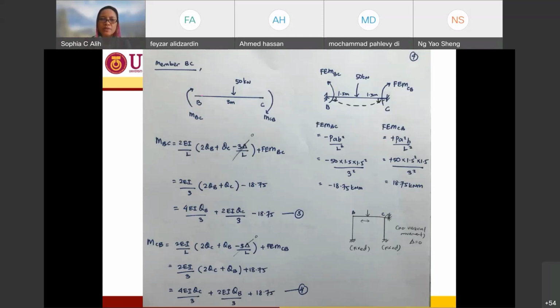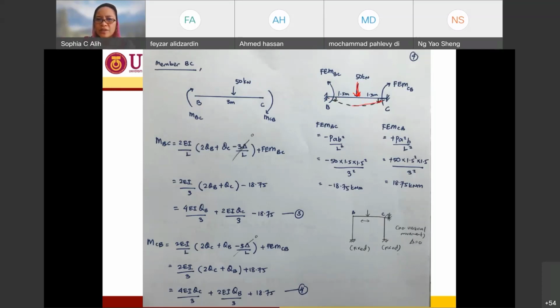moment to be clockwise direction, so I put it to be MBC, and another end moment in the MCB, and first I need to calculate how much is my fixed end moment, right? So for fixed end moment, since I have external force acting on the midspan of BC in this direction, so my beam, my structure is going to be deflected in this direction, right? So due to this vertical load, it's going to have this